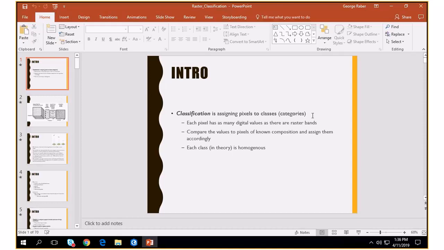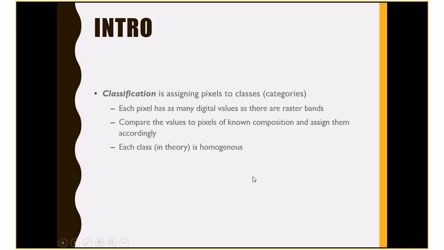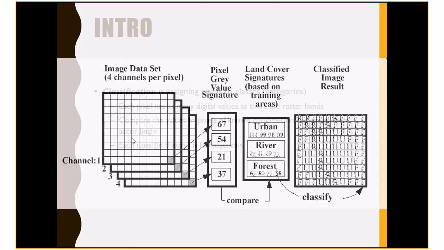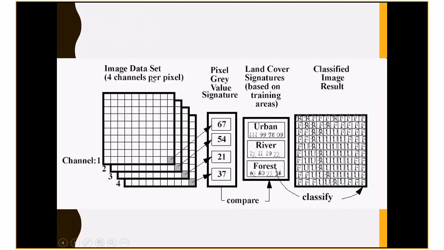fundamentally, classification is assigning pixels to classes or categories. We've already covered that. I'm going to make this presentation now. So what we're doing is we're arriving at classes, and in theory, these are homogeneous classes. Okay, so here it is, kind of digitally. So our image data set is just like this hypothetical image data set that has 4 channels per pixel. In other words, 4 bands. Sometimes they get referred to as channels, sometimes bands. I like bands a little bit more. It's more general, but